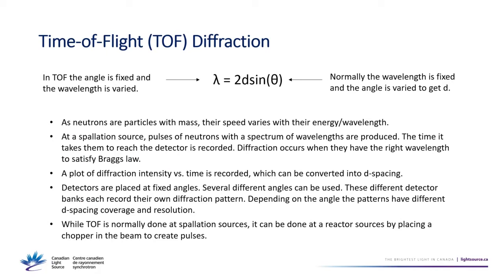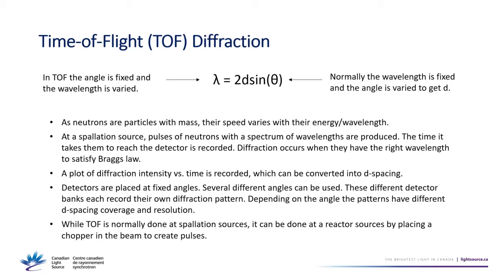because it's a little bit different than what you're used to if you're normally doing diffraction on a lab instrument or a synchrotron. So this is Bragg's equation, which is hopefully familiar to everybody. When you normally do diffraction, you're using a fixed wavelength, and you're varying the angle to find d-spacings where you have constructive interference. Of course, that's not the only way to do it. The other way is to have a fixed angle, and then vary the wavelength